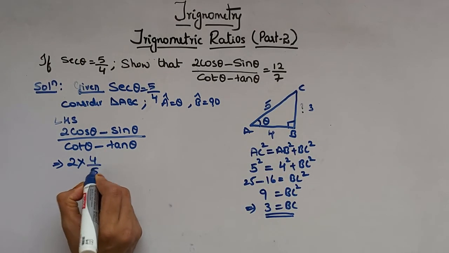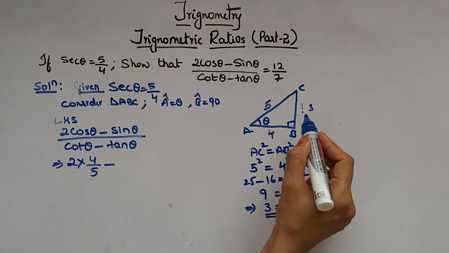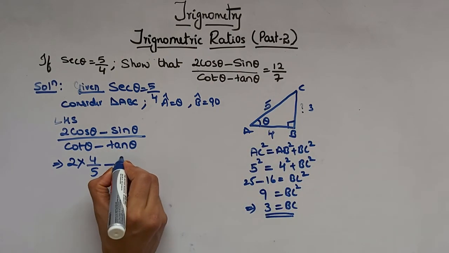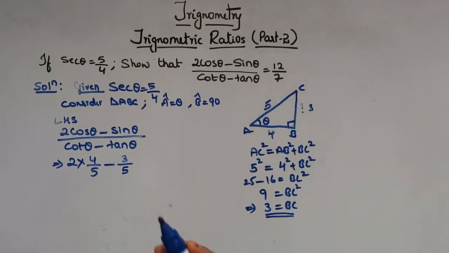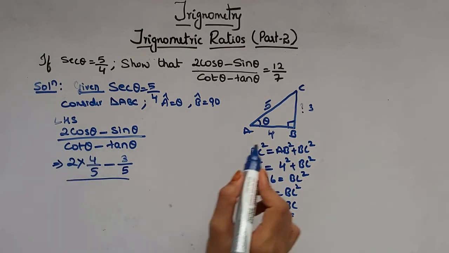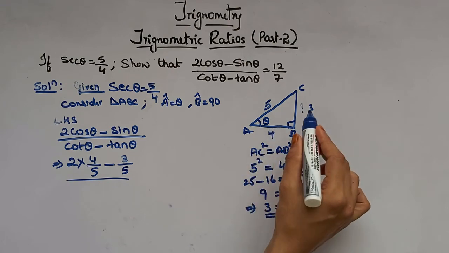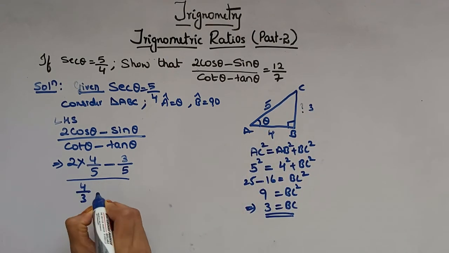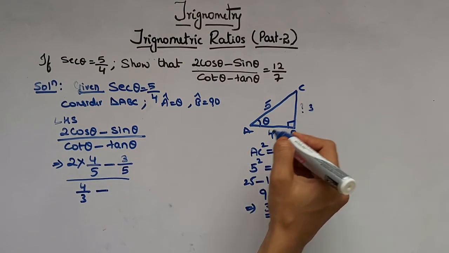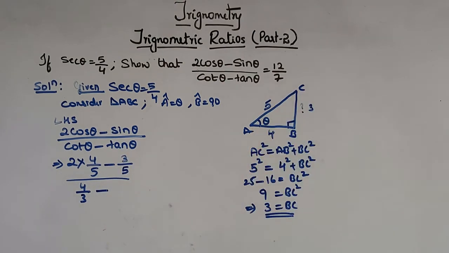So 4 by 5 minus sin theta here is 3 by 5, that is opposite by hypotenuse, divided by cot theta is 4 by 3, that is adjacent by opposite. So 4 by 3 minus tan theta is 3 by 4, that is opposite by adjacent,